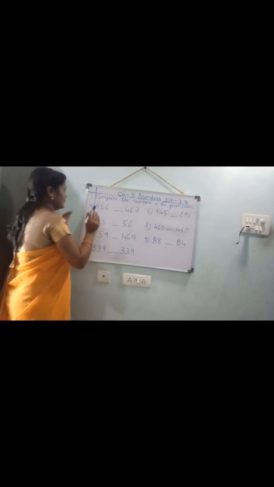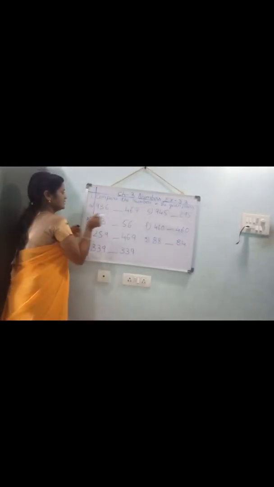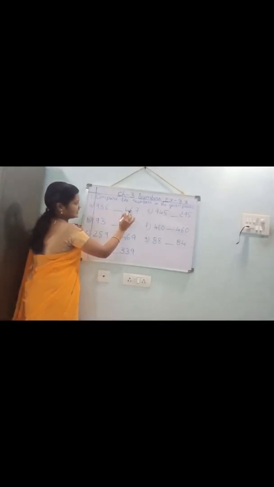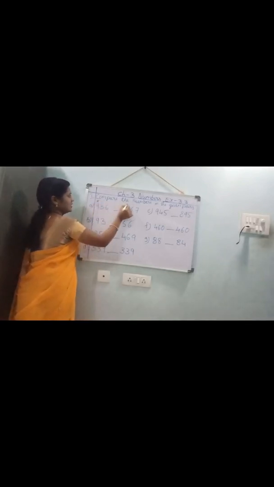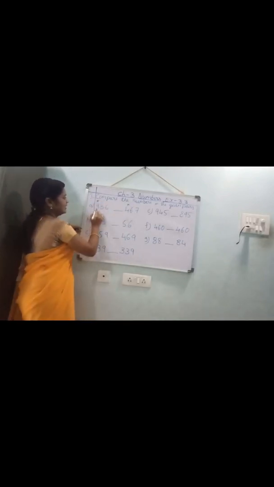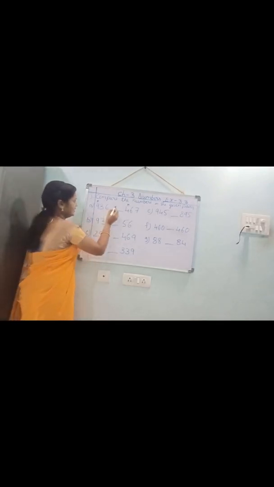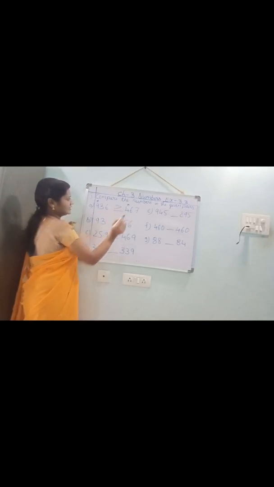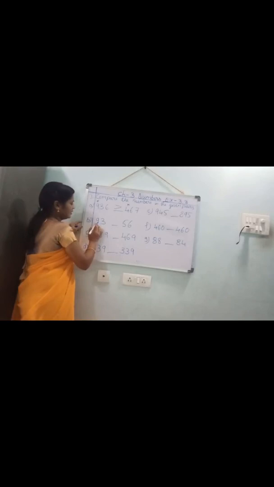See, children, compare the numbers in the given pairs. Here they have given the pairs. You should compare them. See, 936, 467. Which is the greatest number? You should check the hundreds place first. In the hundreds place, which one is greatest? 9 is greater, 4 is greater, 9 is greater. Then 936 is greater than 467. Understood, children?